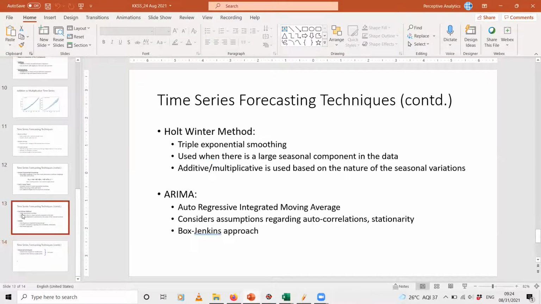Now today we will be looking into how to implement this Holt-Winter method using a very small sample dataset in Python. Okay. So just to give you an overview of the method again, this Holt-Winter method is one of the exponential smoothing methods. This is what we call triple exponential smoothing. Now what do I mean by that?